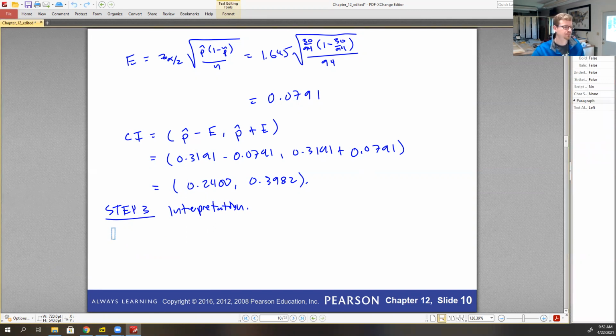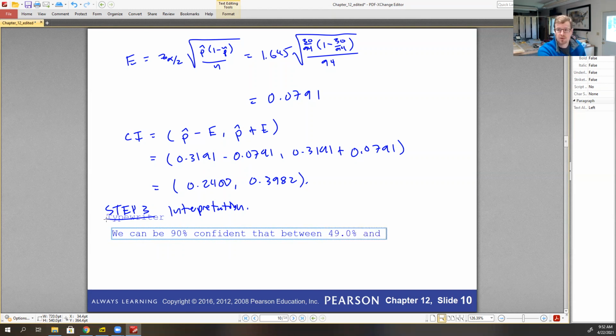All right. So we can be 90% confident that between 24.0% and 39.8% of those